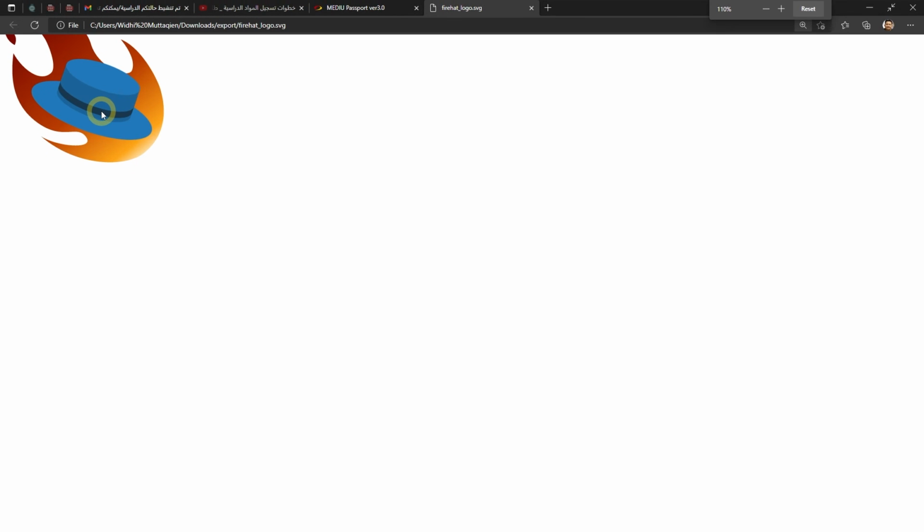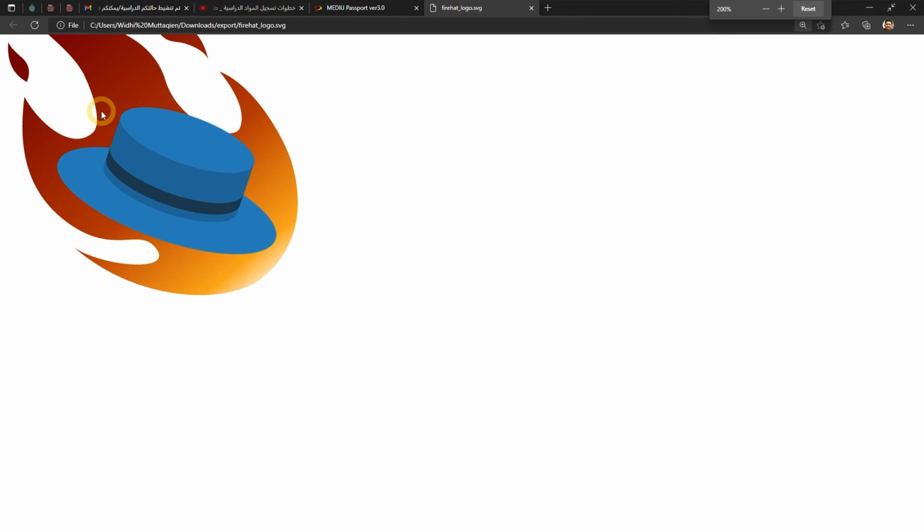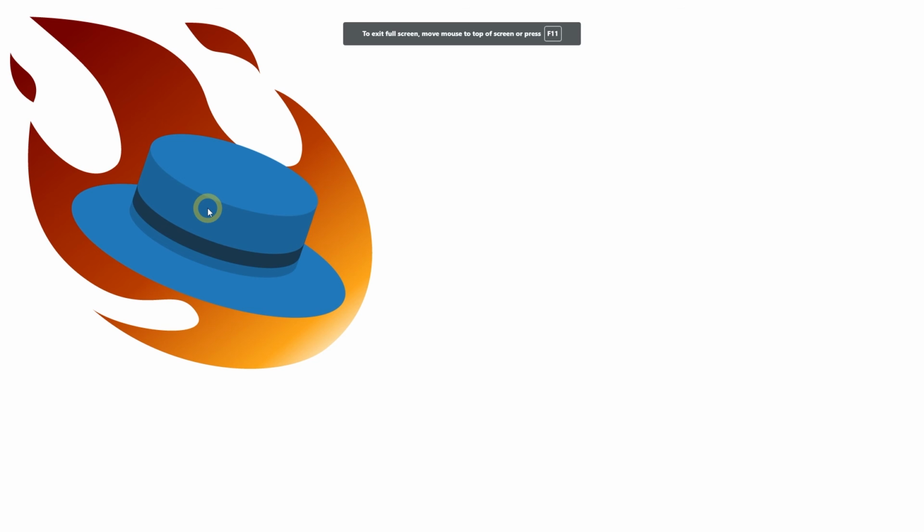Next, we can test the condition of the file by opening it in an internet browser. I am currently using Microsoft Edge. If we zoom in, that is by holding down Ctrl and turning the scroll wheel, as you can see, because this logo is a vector image, it will not be pixelated. You may also import and use SVG files in almost all graphics software in the world nowadays.